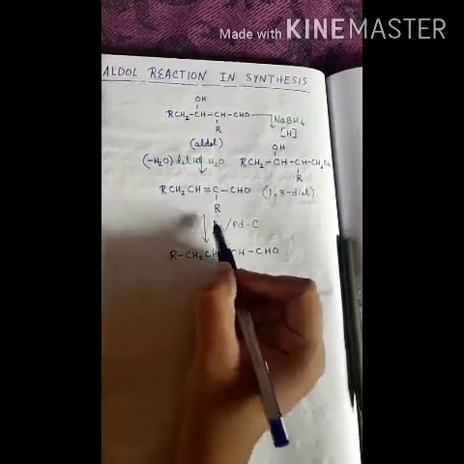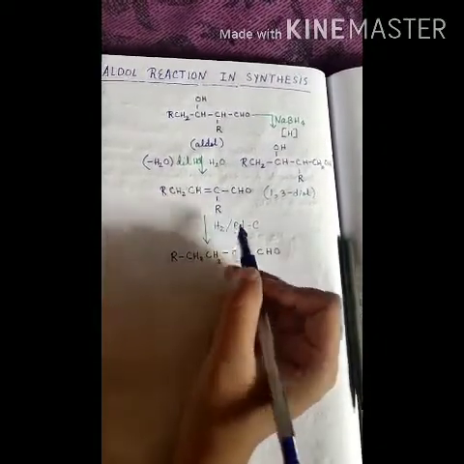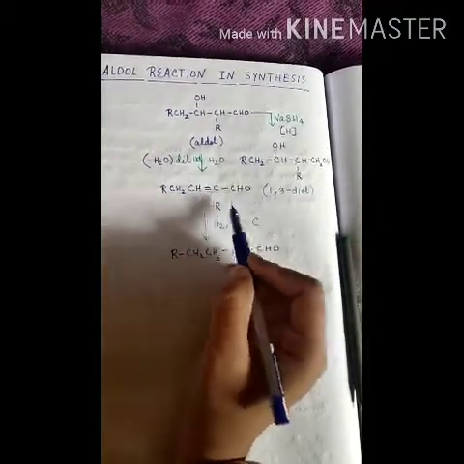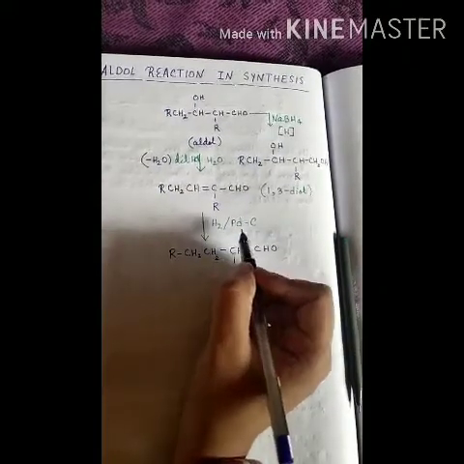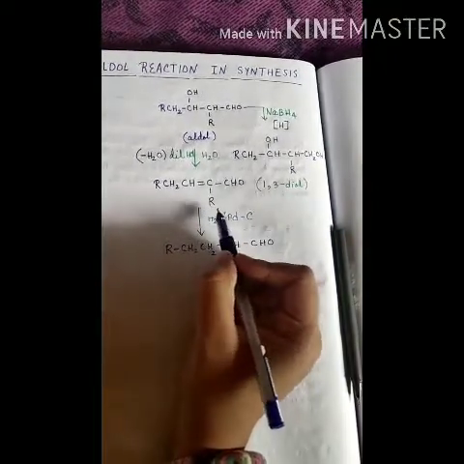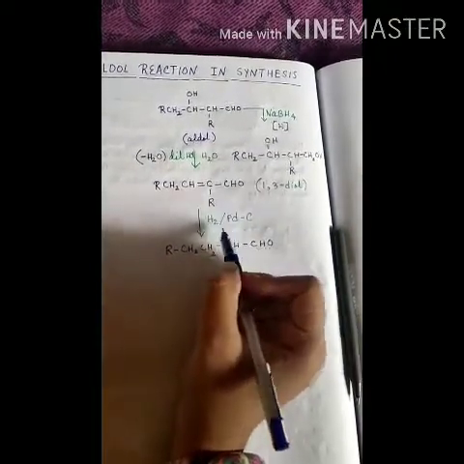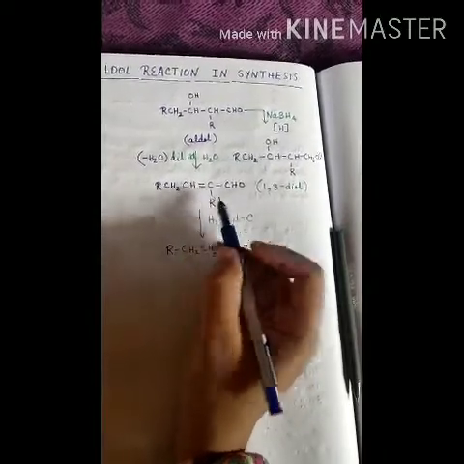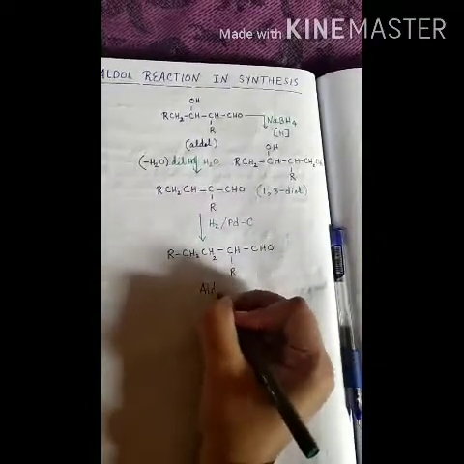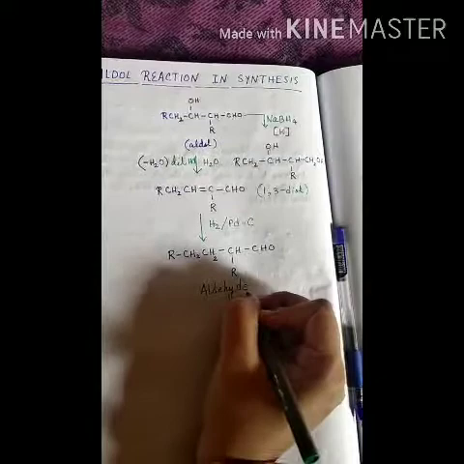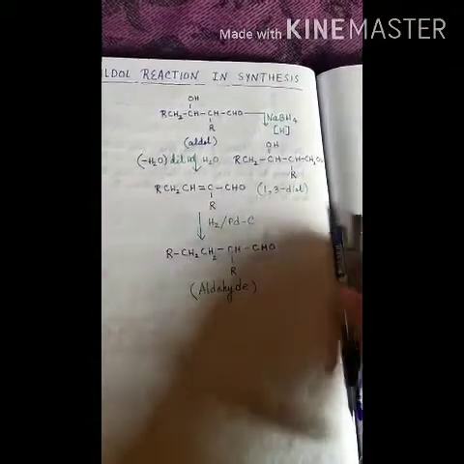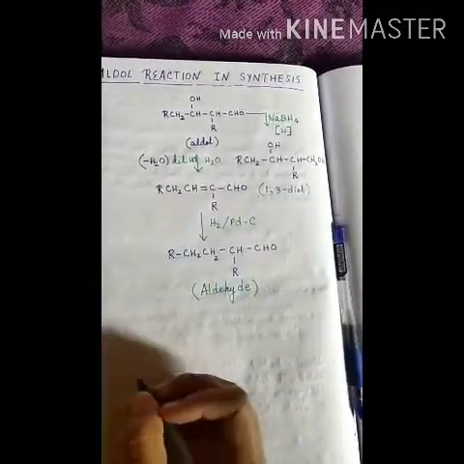This hydrogen atom is getting added up to this double bond. Again I am repeating, if we treat this alpha beta unsaturated aldehyde with hydrogen over activated palladium catalyst over activated charcoal, then there will be an addition reaction taking place to this double bond and this hydrogen atom will get added up here and thus we will get a plain aldehyde in this case. So suppose we have started with a smaller carbon atom aldehyde and we will end up with an aldehyde with a large number of carbon atoms. So it is a type of step up reaction.